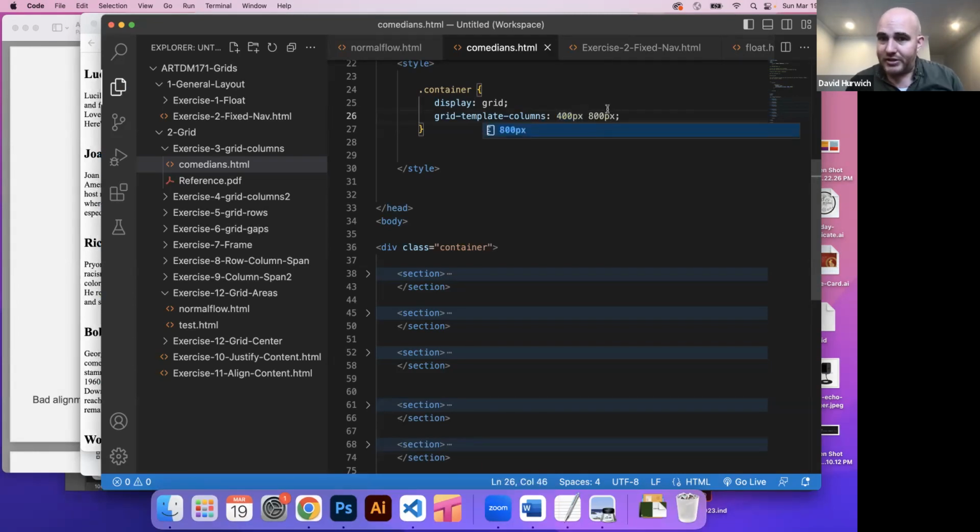800 pixels. So what this is saying basically is I'm going to have 2 columns. This is my first column, and this is going to be my second column. My first column is going to be 400 pixels wide, and my second column is going to be 800 pixels wide. Then what's going to happen is it's going to say, okay, well, we have 6